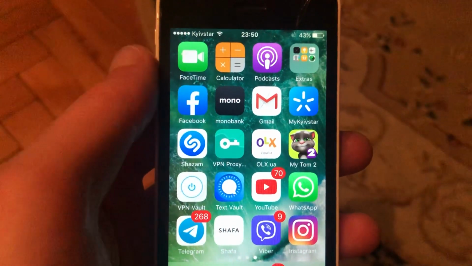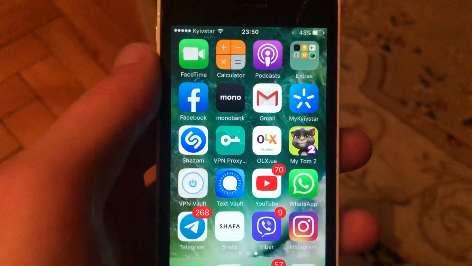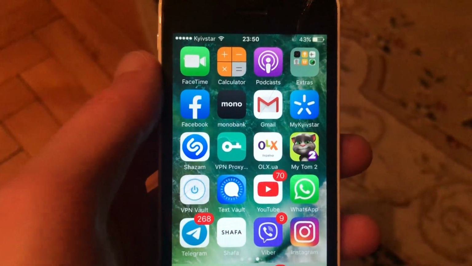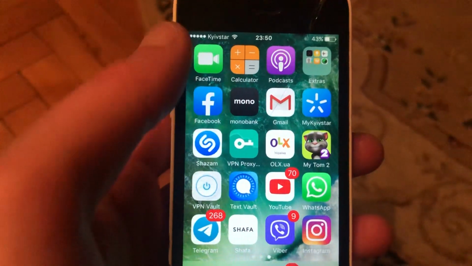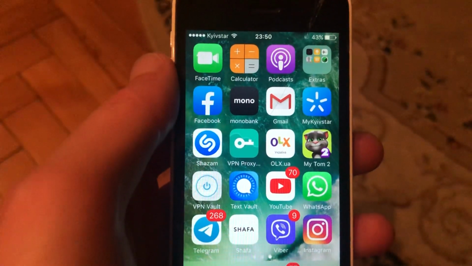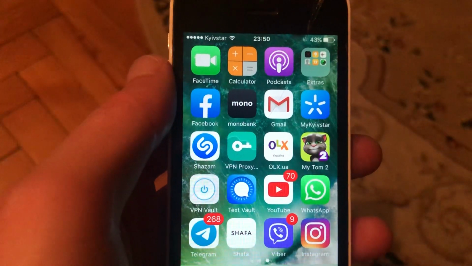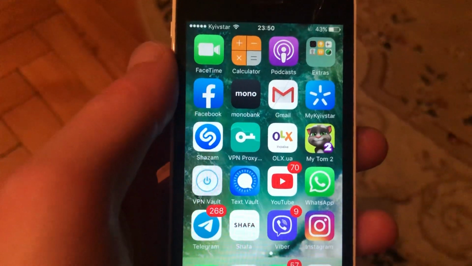So if Facebook crashes on your iPhone, here is how you can fix it. For fixing it, first thing, just try to close your Facebook and open it again. And if it doesn't help you, if you still have the problem, you can also try to check